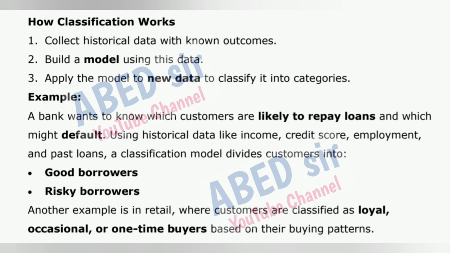Using historical data like income, credit score, employment, and past loans, a classification model divides customers into good borrowers and risky borrowers. Another example is in retail, where customers are classified as loyal, occasional, or one-time buyers based on their buying